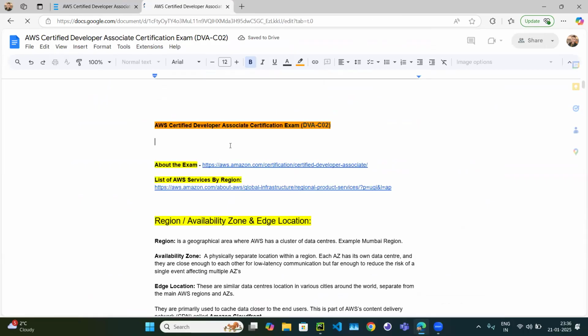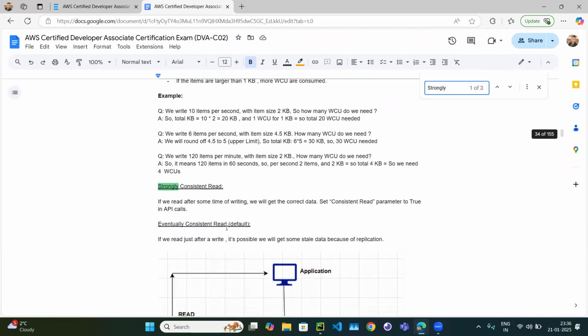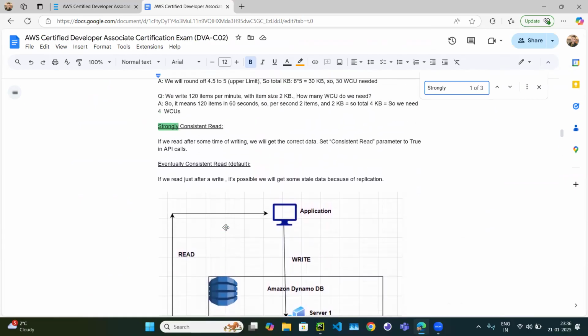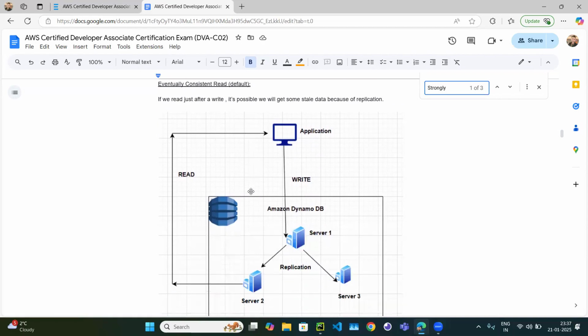See, strongly consistent and eventually consistent. If we read after some time of writing, we will get the correct data, then set the consistent read parameter to be true. Eventually consistent means if we just read after a write, it is possible that you will get stale data, because of how